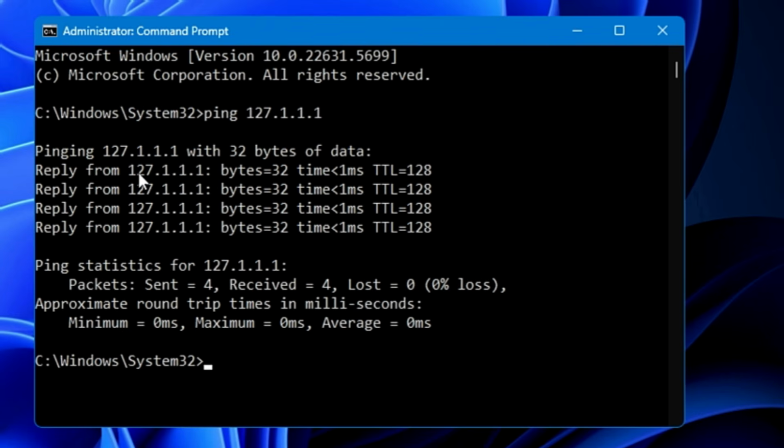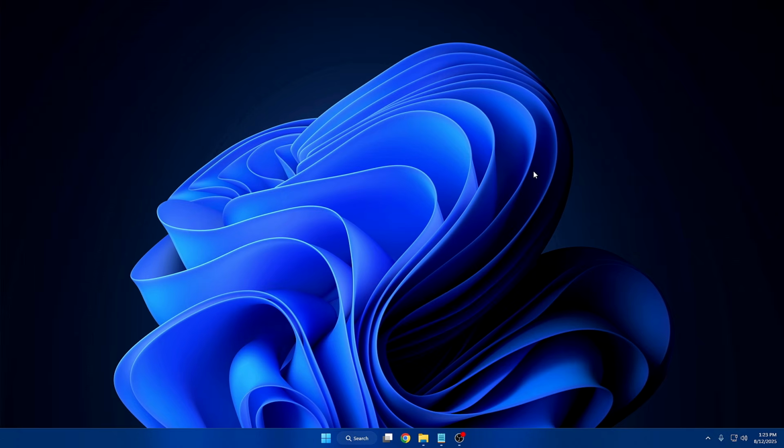But in case you don't get the reply and you get any other message like request timed out, then in that case, avoid doing any kind of troubleshooting and better contact a technician who would recommend you to change the Wi-Fi adapter. Alright, now once you are assured that you are getting the reply, next what you have to do is,